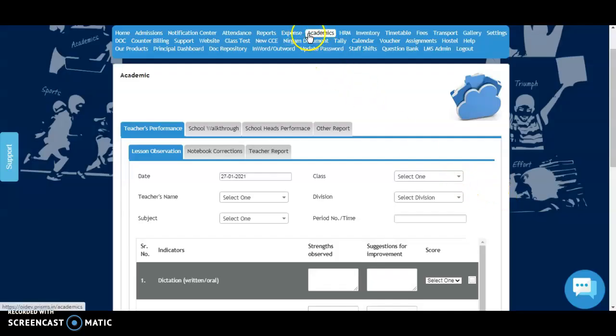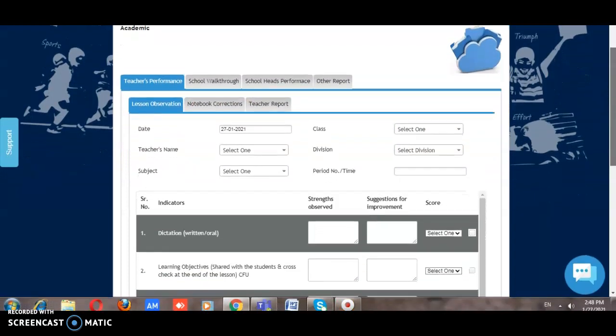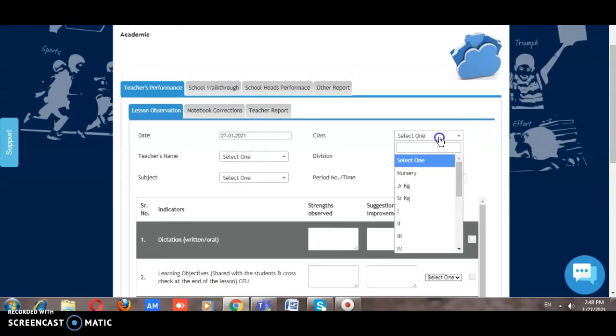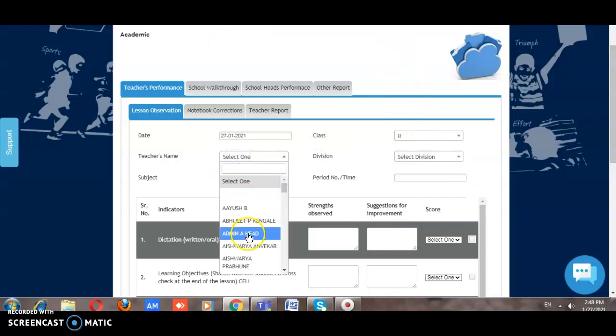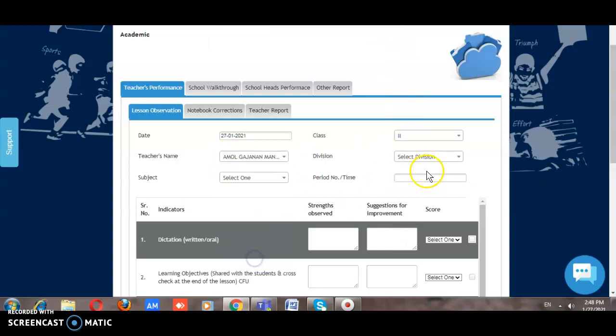So in our admin's tab, we have a first tab called teacher's performance. In that, the first tab is lesson observation. Over here, the person who has observed, may that be the admin, HM or the academic developer, can fill in the details of the class, the teacher name they are doing the lesson observation for, division, subject, and the period.